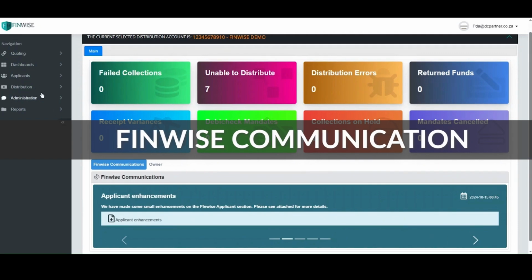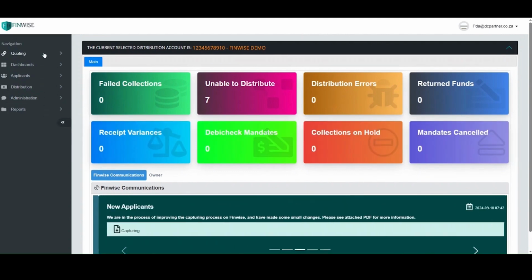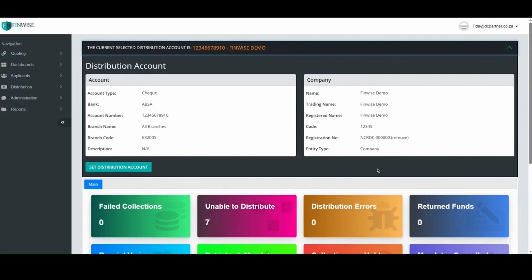At the left side, you have the navigation panel used to move to different sections within Finwise. At the top, you have the distribution account ribbon, which will collapse when clicked and show the current balance of your distribution account held by DC Partner, from which payments by clients are received and distributions are done to fees,